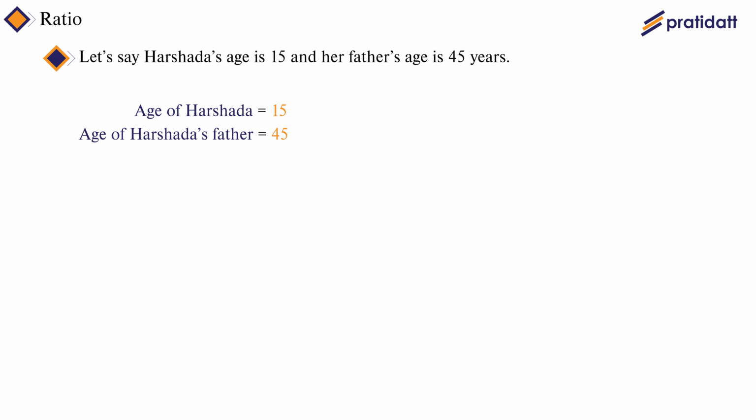If you know all the tables up to 20, then it's not a problem. If not, don't worry. First of all, let's identify which divisibility test will be applicable in this scenario. Let's try 2, but we know that if 0, 2, 4, 6 or 8 is present at the unit place of a number, then only it will be perfectly divisible. So the divisibility test of 2 will not be applicable here.